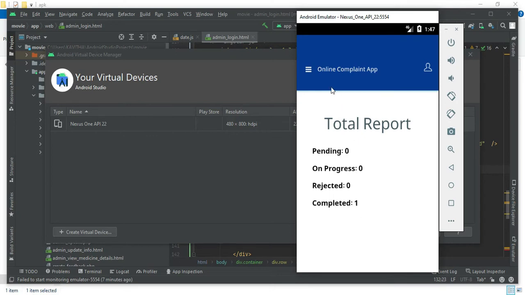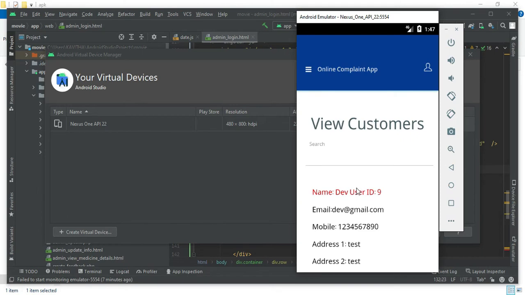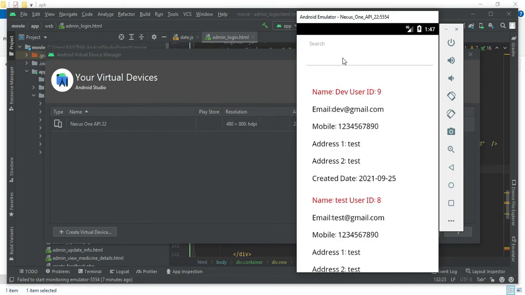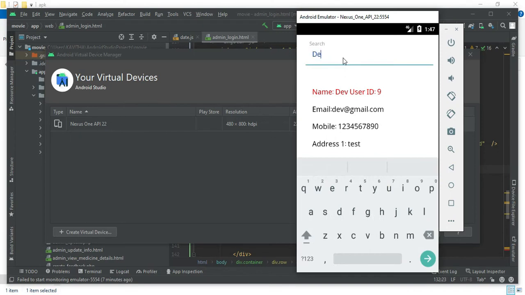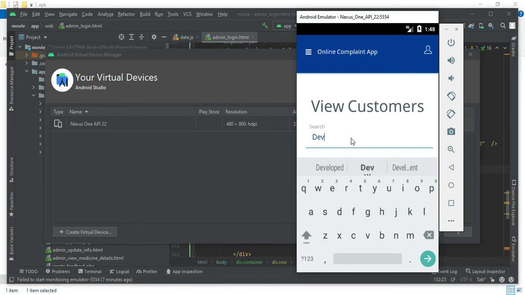So you can see the complete total report. The completed is 1 now. An officer can see the customer details of all who are registered to this app, to contact them. Customer details are visible over here.